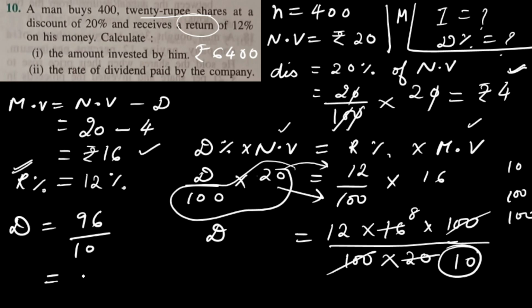Whenever you have numbers like 10,000 or 100 in the denominator, don't do cancellation. You can directly convert this into decimal. See, only one zero is there. So write the full number, then count from the right side. 1. So after 1 put the decimal, because only one zero was there. So 9.6%. 9.6%, we got our answer.